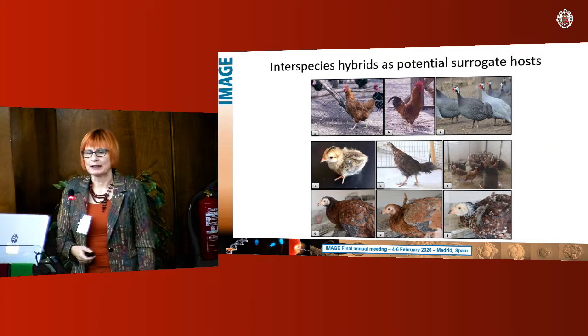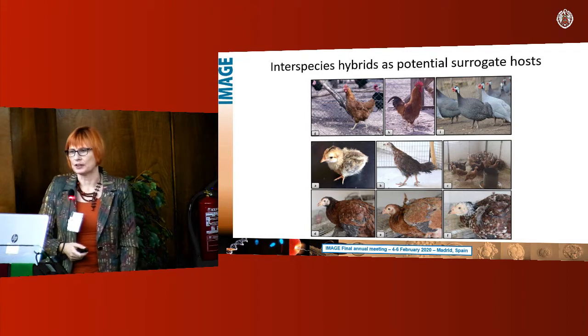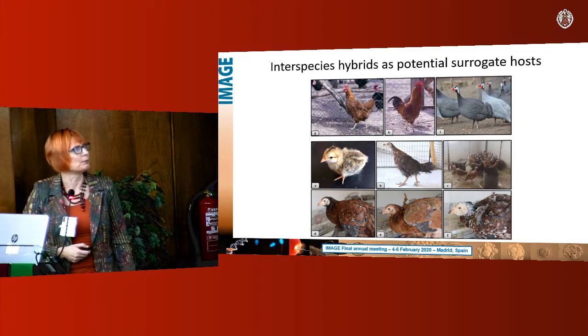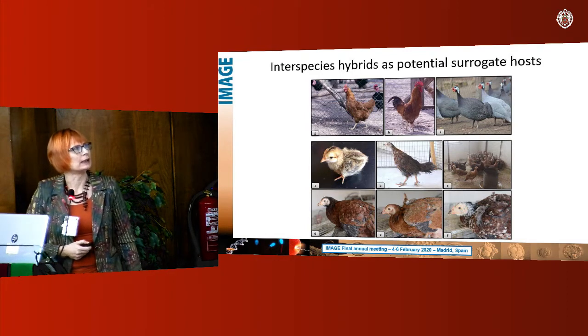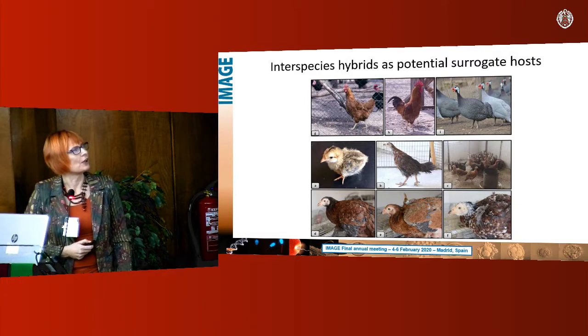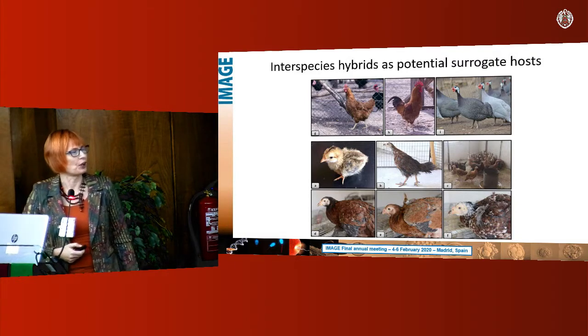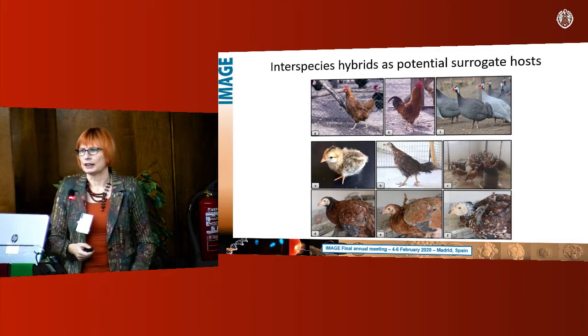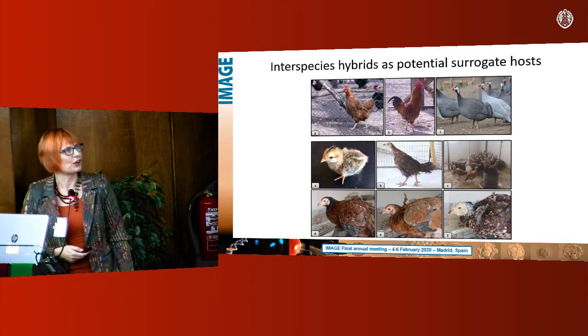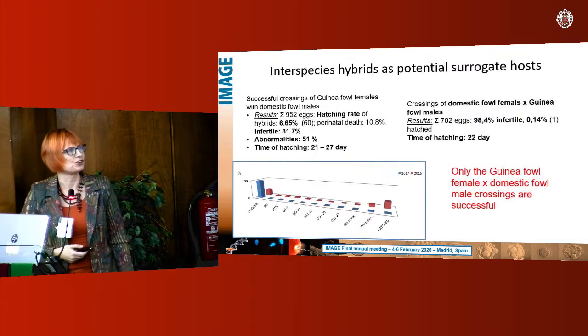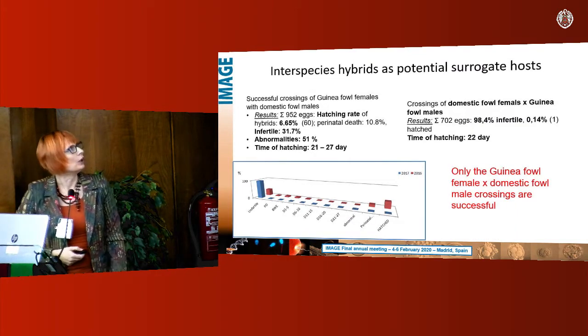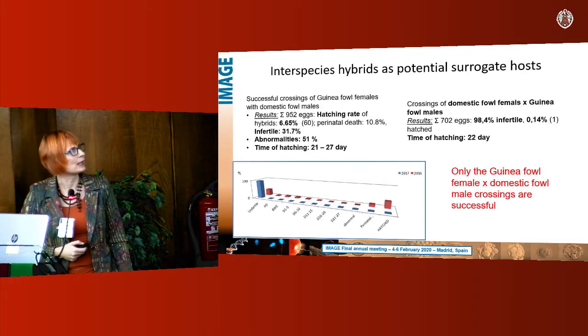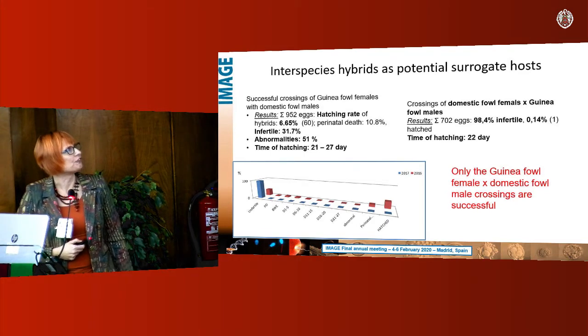You can find interspecies hybrids in nature too, for example, when you keep together domestic fowl and guinea fowl. This is a Yellow Hungarian indigenous chicken breed, and here you can see their hybrid progeny at different ages. We can improve the number of the hybrid progenies by applying artificial insemination. We crossed guinea fowl females with domestic fowl males, and the hatching rate of hybrids was